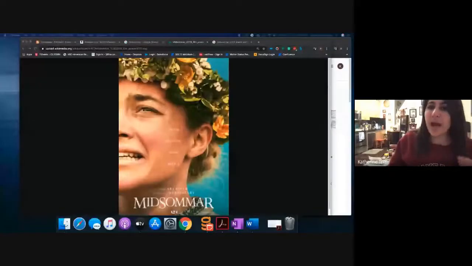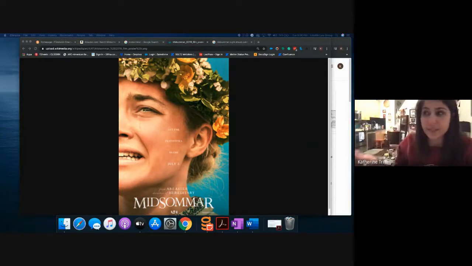So I'm going to go ahead and present my screen. Here we have the movie poster for Midsommar, and it's got the picture of Dani with the flower crown, and she's crying. And when I first saw this movie poster, I honestly thought that this was going to be a Shakespeare adaptation of the play Midsummer Night's Dream, which Shakespeare wrote in